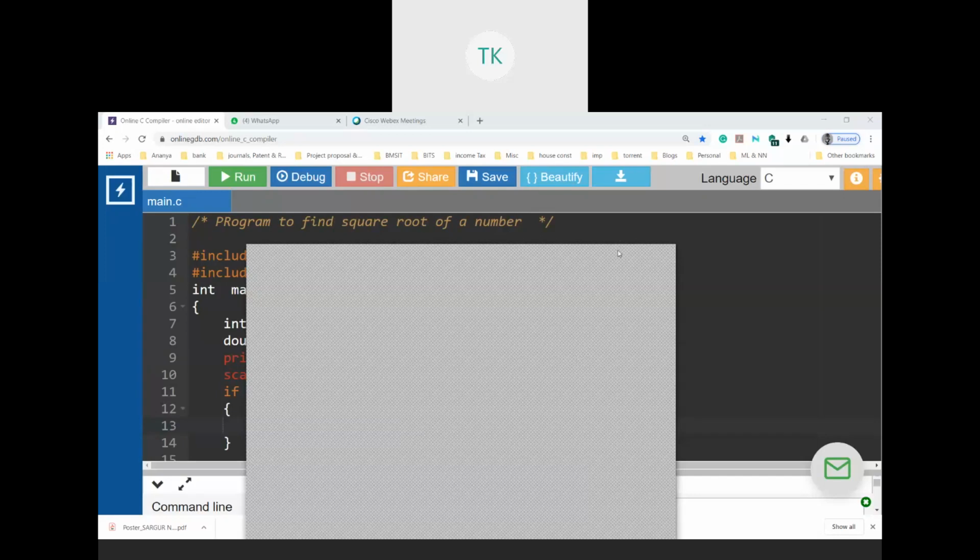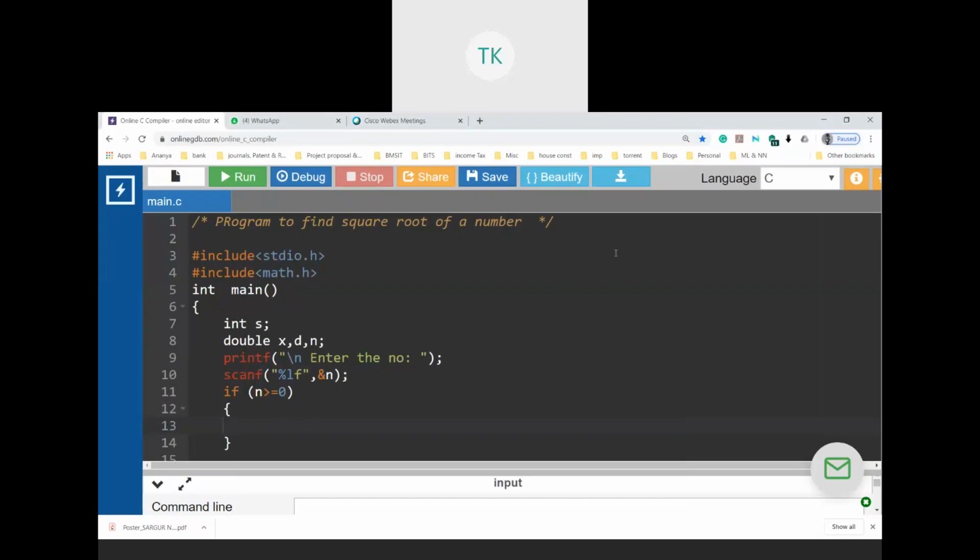Okay. Now let me just discuss the method. Somebody did type 5.3851. Great. Now let us discuss how this can be calculated. Assume that I want to find out the square root of 29. Most of you have typed 5.38. Let me start with the integer part of this number. Now the integer part of this number is 5, right? For 29, it is 5.